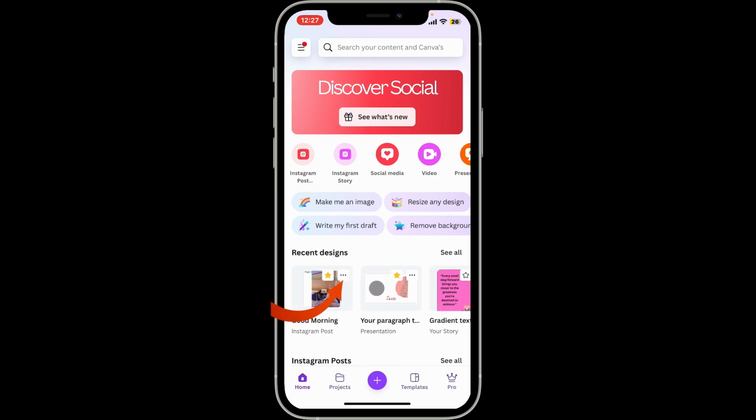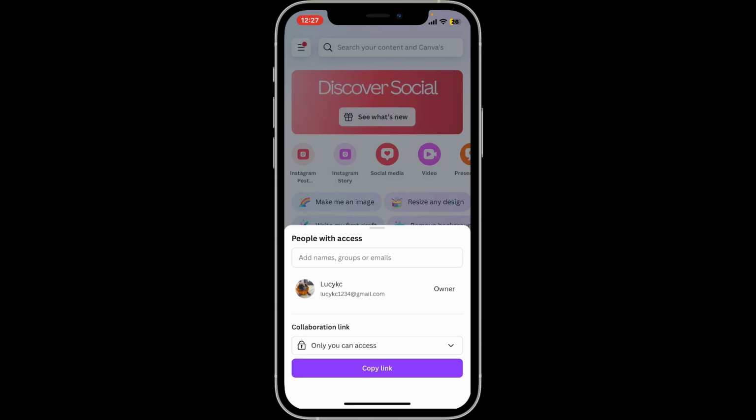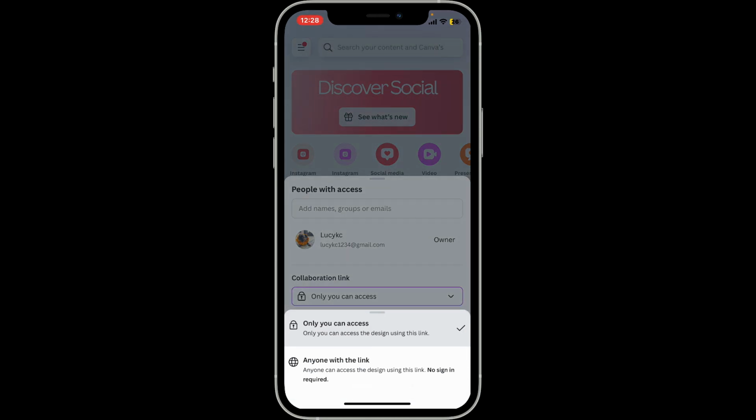Tap on the little three dots right above the design and then click on the share button in the pop-up. Now, an automated link will be generated for your design. Go ahead and tap on the copy link button. But before that, make sure that you select your collaboration link option, tap on the little drop down and select